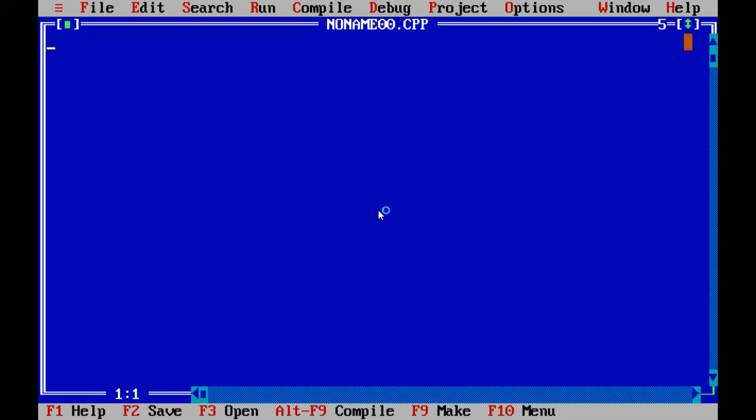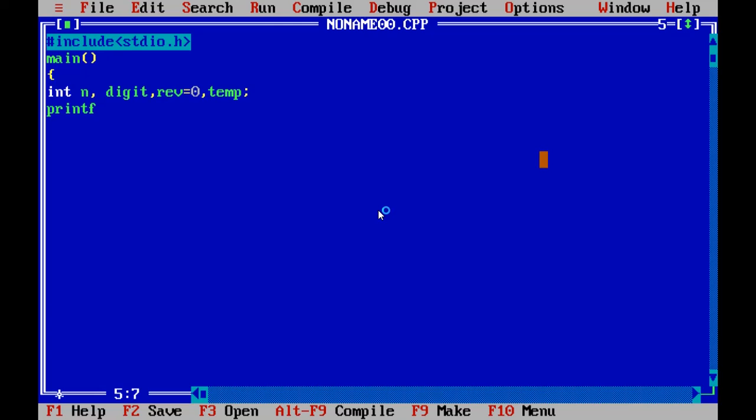We will type very fast. #include <stdio.h>, main, int n, digit, rev = 0, temp, a temporary variable. printf("\n\t Enter